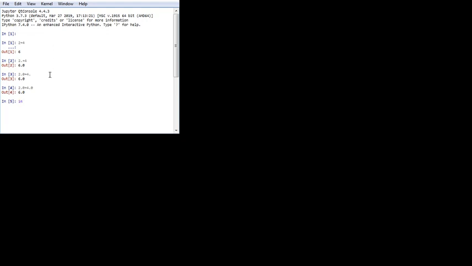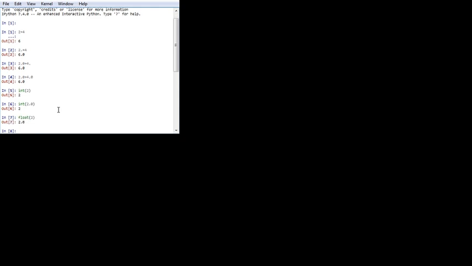Secondly, let's move to the data type. If you write int(2), it will give you an output. Similarly, int(2.0), which is a floating digit number, will give an output. If you write float(2), the output will be in float form. This is nothing but data type conversion. Similarly, if I go for float(2.0), it will give me a float output. So this is just a simple calculator, how we can use Python as a calculator. Nothing much more in this.